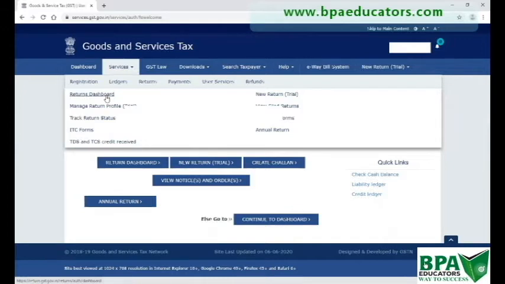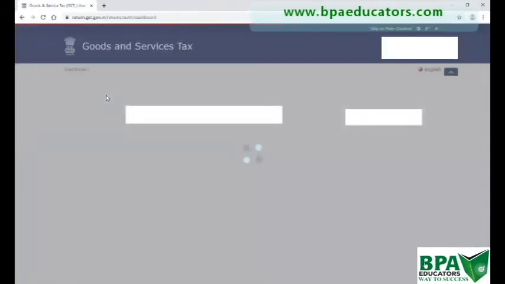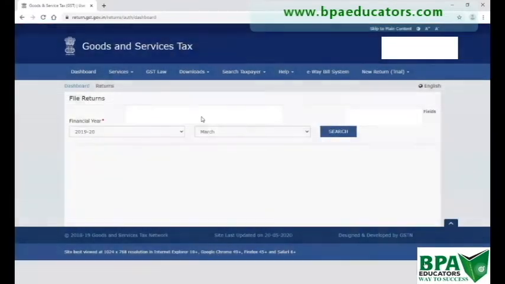Just click on returns dashboard. When you click on returns dashboard, this type of screen appears.